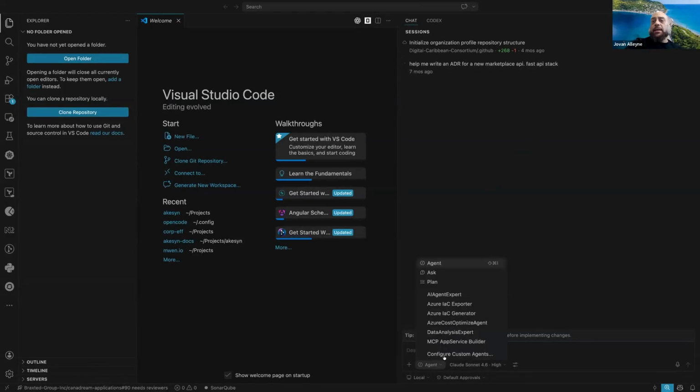You have a set of agents you can define. Most systems will have a generic agent, an ask, which is a simple way of saying, I give it a prompt, come back with a response. Don't try to do anything with it, just come back with a response. Planning is super important because it allows you to research and output context, make a decision on what you want the LLM to do, and then that comes back with a text plan that you can then switch to agent mode and execute on.